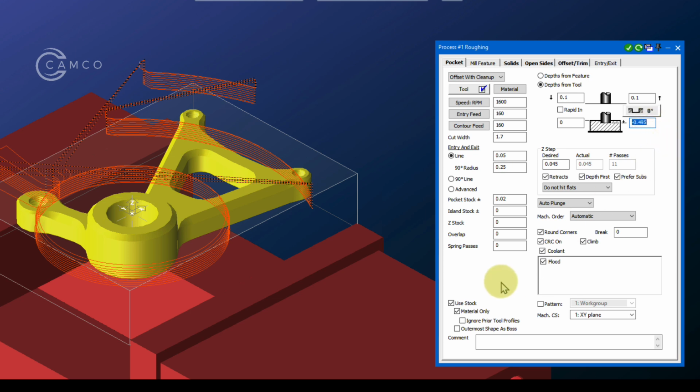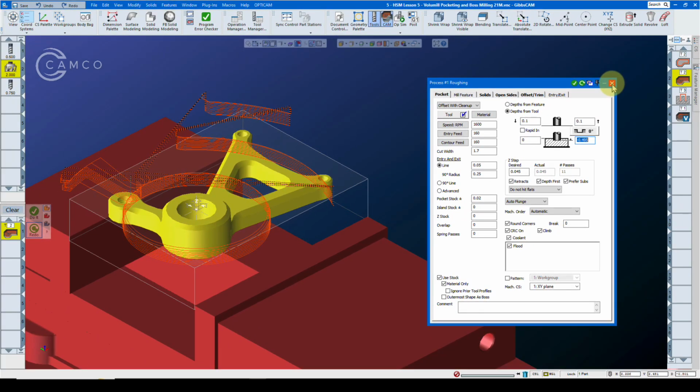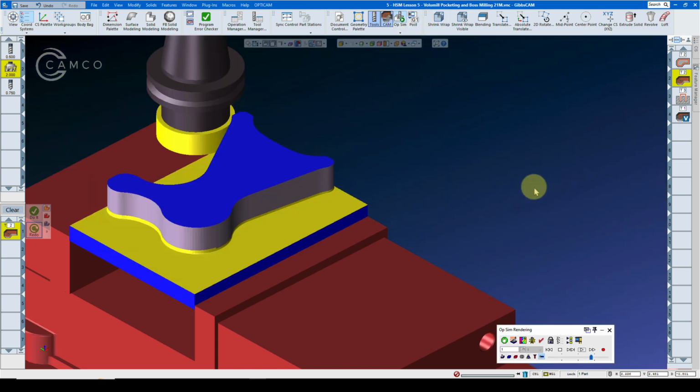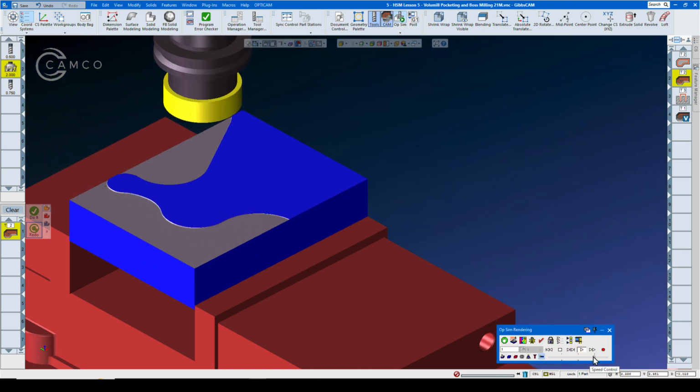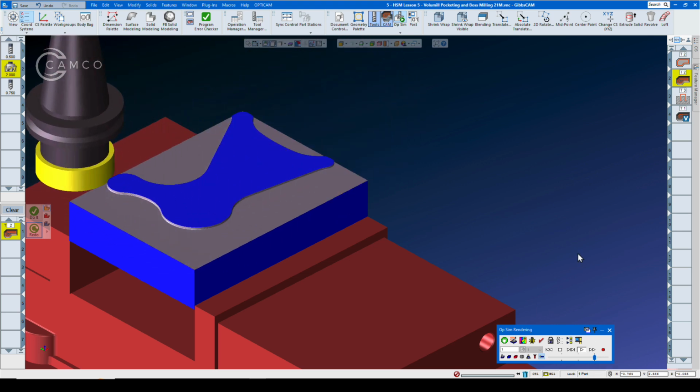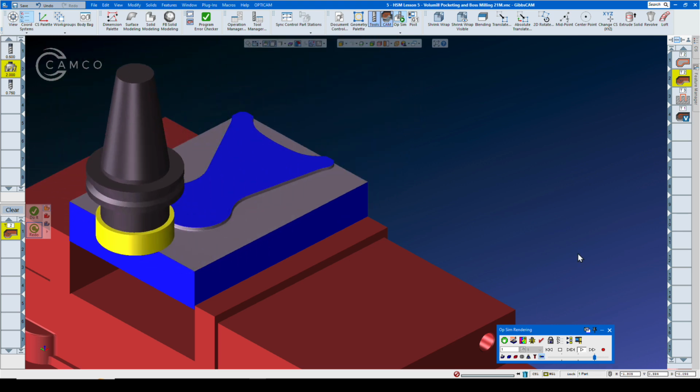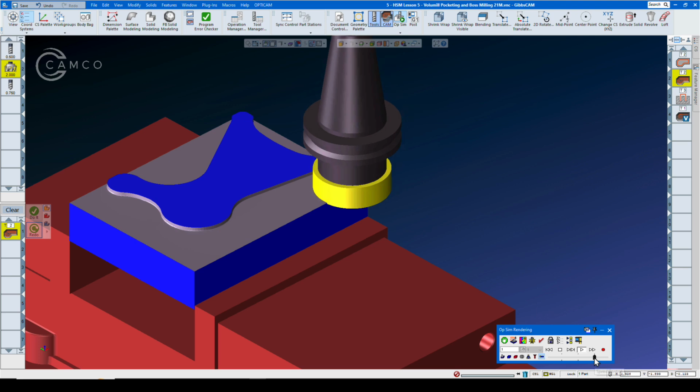In GibbsCAM, as always, we will use stock and material only, which simply means don't cut air. It will only cut material left by the previous operations in the list. Let's have a look at that again, Ops 1 and 2. Let's rewind and play, and we'll speed that up just a little bit. Op 1 roughs all the way down to the bottom of the part, and then Op 2 roughs out the